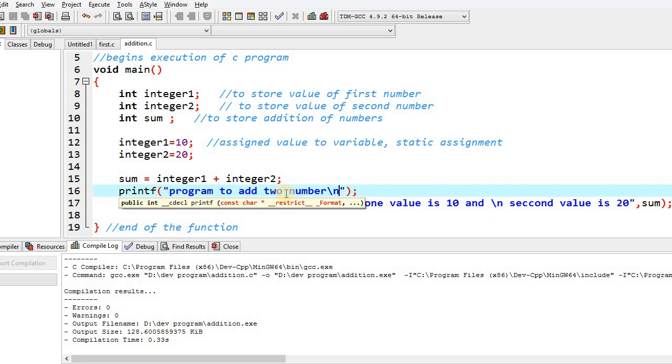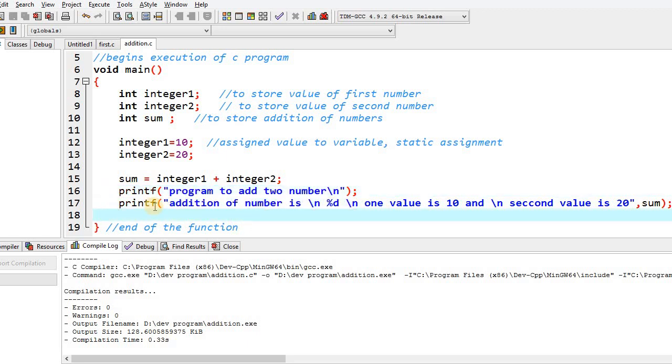You can see that in this printf statement there is only one argument, and the argument is in terms of a string sequence. And over here there are two arguments. The one is a character string and the second one is the variable name.